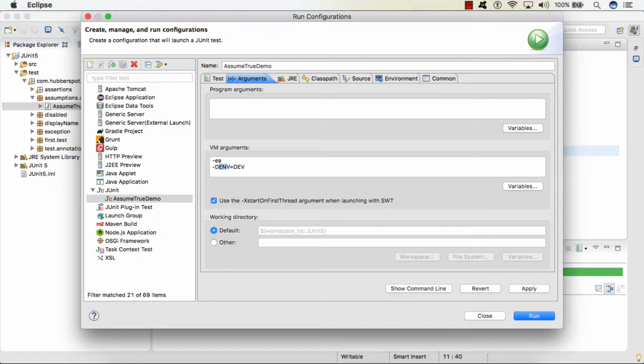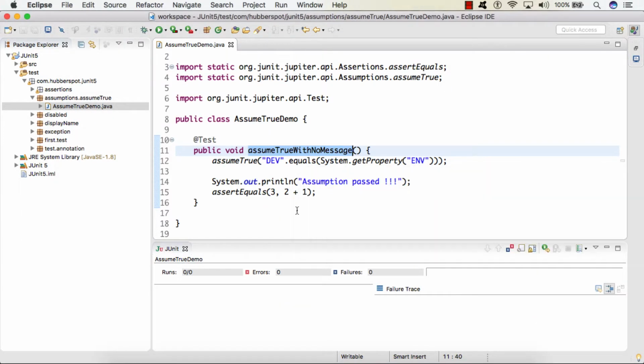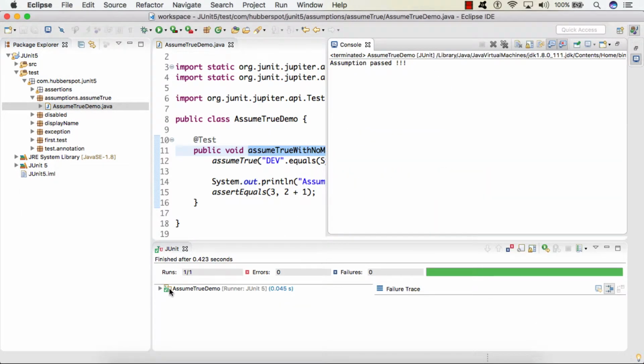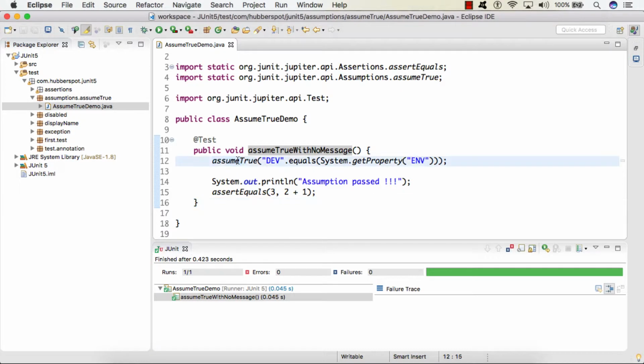So here we provide a property and a value like this. We prepend it with -D. So if we run the test case now with this system property, you can see that on the console it printed assumption passed. And our test case got executed successfully and it even executed the assertion. So friends, this is how we can use assume true method to validate our assumptions.